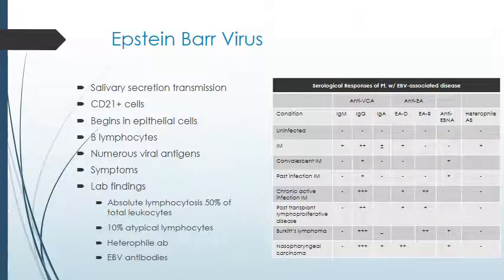So just to go through some of the more difficult herpes viruses, Epstein-Barr virus causes a wide variety of clinical symptoms. Everything from what we all know as infectious mononucleosis to some pretty serious lymphoproliferative diseases and even some malignancies. Okay, so now the most frequent transmission of EBV is,